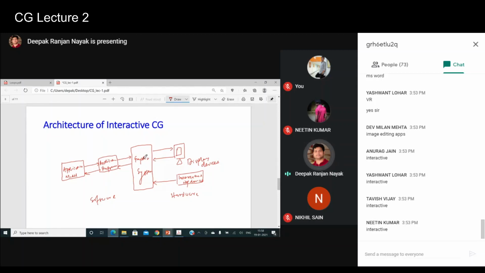That's what the job of this graphics system is. So basically the application program is where you have to write the code, and the model is what you have to decide earlier, that is, what is to be viewed on the screen. Based on that, the programmer writes the code, and based on the code the objects will be displayed on the display devices. And if you want to take some input, you can take it from the interactive devices or input devices called keyboard or mouse, right?